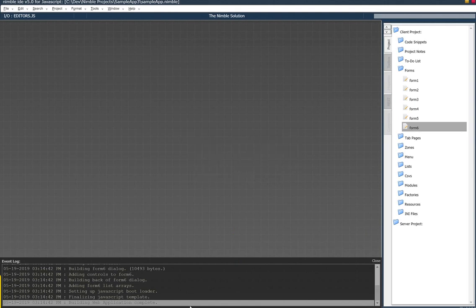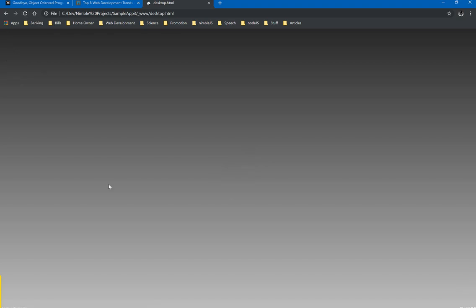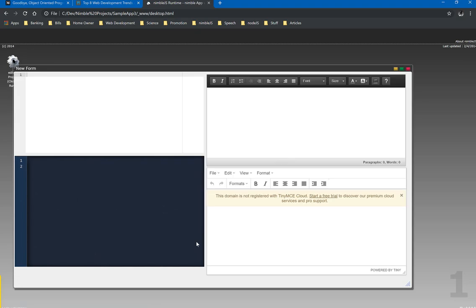And in a matter of seconds, we have a new Nimble app to demonstrate all of the editors that it supports. This top left app is, of course, Ace Editor. It supports, of course, JavaScript, code folding,